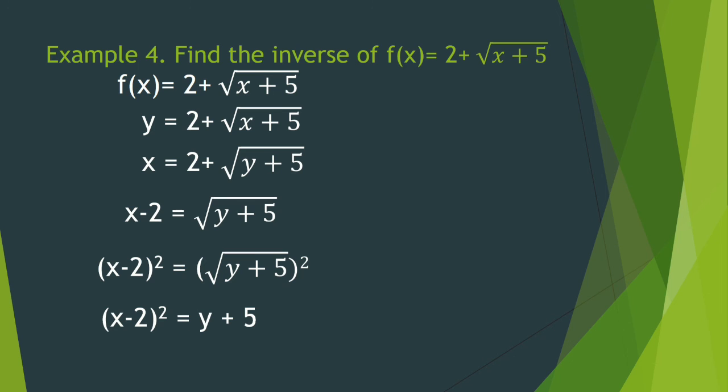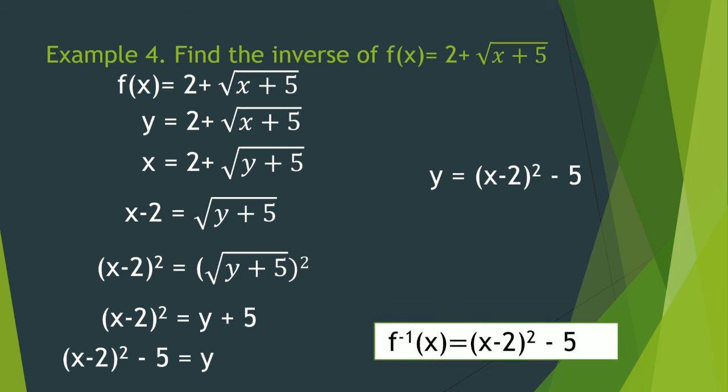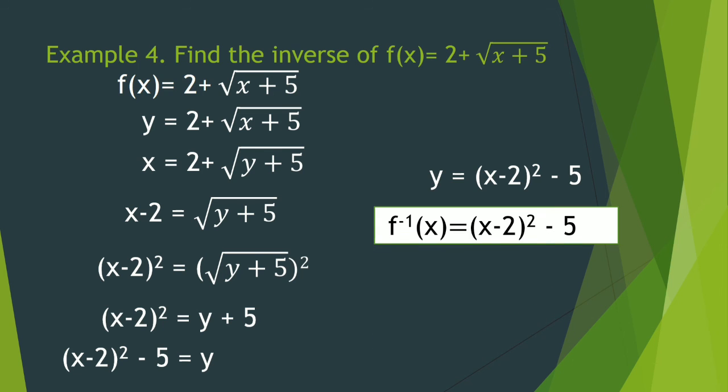Then, lipat natin yung 5 sa kabilang side. So, we have now x minus 2 squared minus 5 is equal to y. And then, we have now y is equal to quantity x minus 2 squared minus 5. And f inverse of x is equal to quantity x minus 2 squared minus 5. Tandaan lang natin, huwag kakalimutan ang notation na inverse yung may negative 1 dun sa ating final